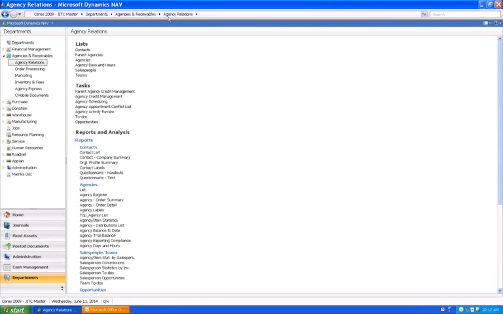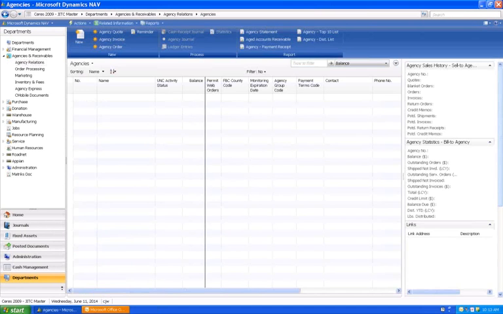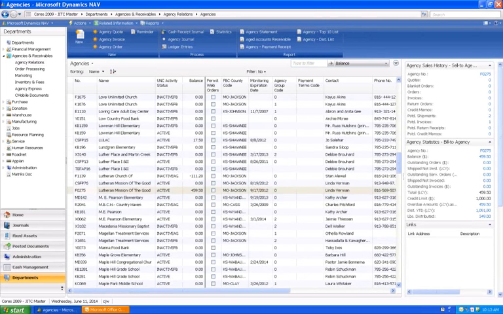Receivables, and Agency Relations, and then under the List option you'll see Agencies. And this will bring up a list of all the agencies that are currently set up in the system. If it was a brand new implementation, then this may be blank unless they were brought over from your previous version. And this list will show several different things about the agency, and you can customize what shows here and